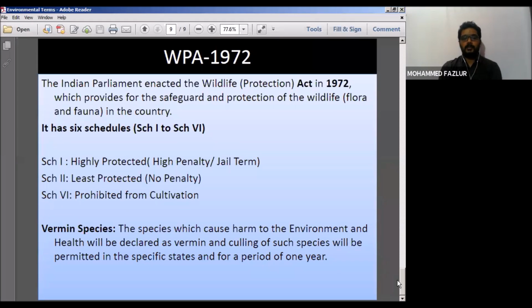And Schedule 2, Schedule 3, there is a spelling mistake there. It has to be Schedule 5 because it is least protected, no penalty. I repeat, there is one slight mistake there. It should be Schedule 1 which is highly protected, and the last one will be Schedule 5 which is least protected, which is having no penalty. Someone has already corrected it. Thank you so much. Now, Schedule 1 is highly protected, and Schedule 2, whose population compared to Schedule 1 is a little bit high,